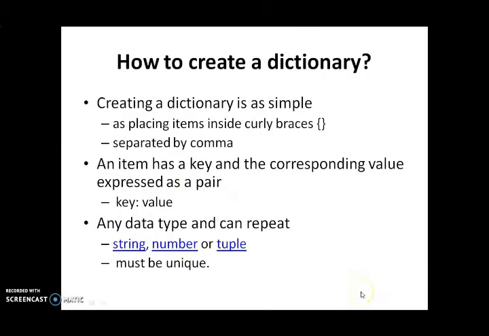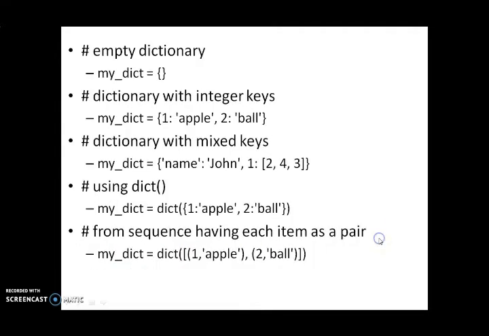Next we are going to see how to create a dictionary. You can see here we are going to use only curly braces separated by commas. That is the main important thing used to create a dictionary. So you have to use curly braces. Inside that you can have a comma as a separator for each and every key value pair. As I have already told you, you can use any data type. That is, it can be a string, number, a tuple, or it can be repeated data also. Continuously you can have strings, continuously you can have numbers, etc. But the keys must be unique.